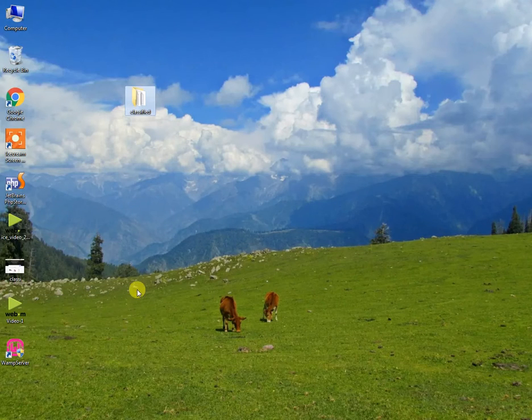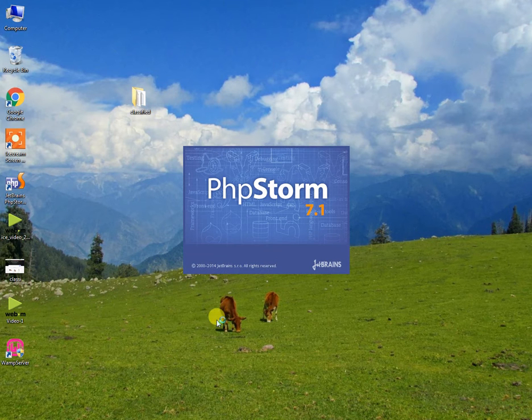Let's fire up our IDE, which is PHP Storm. I'm using PHP Storm 7.1, which is a pretty older version. You can install the latest version if you wish. But my 7.1 is registered and it is still working perfectly, so I never felt an urge to upgrade. It's lightweight as compared to the latest version. They're pretty heavy, although